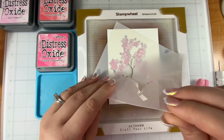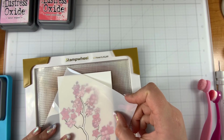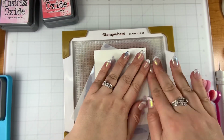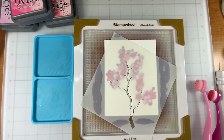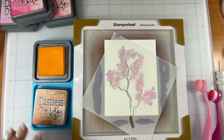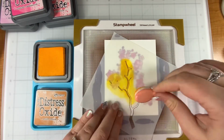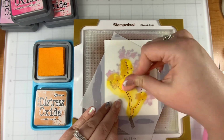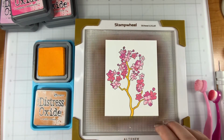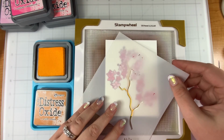So for this plant or this tree or blossom, I really wanted to make sure it was lined up, so I did move it down so I could get a good look at it, but I will move it back for you. These blossoms, I went kind of the brown orange for the branch. So I'm going to use Wild Honey, and this is going to be my main color, and I know it looks a lot right now. It looks very yellow, but trust the process on this one. Again, it will fade out once it's dry a little bit. It looks like a Cheeto right now. But when I put the next color on, it's going to be...